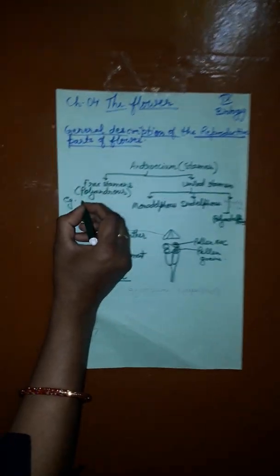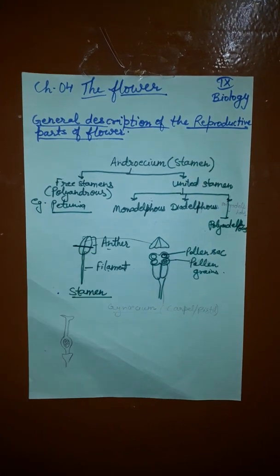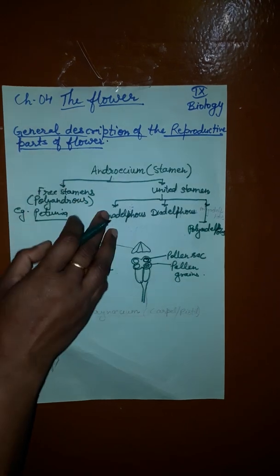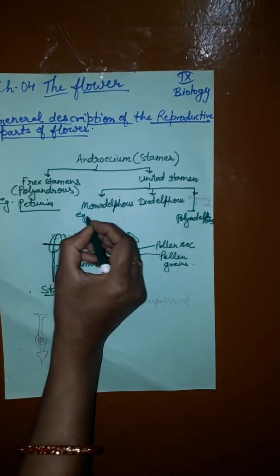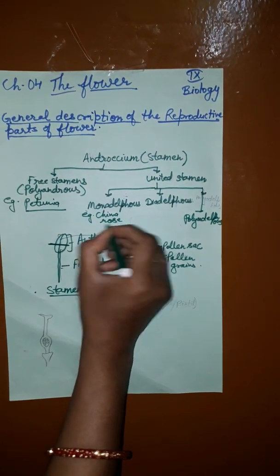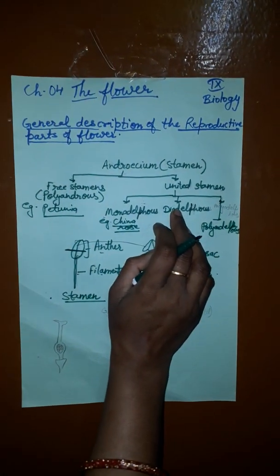For example, Petunia hybrida is an ornamental plant. Here the stamens are free, not joined. In monodelphous condition, stamens are united in one group, like for example in China rose or hibiscus plant. In diadelphous,